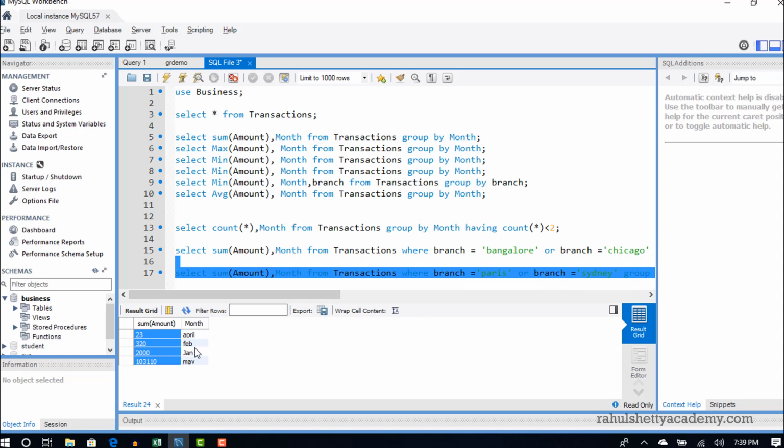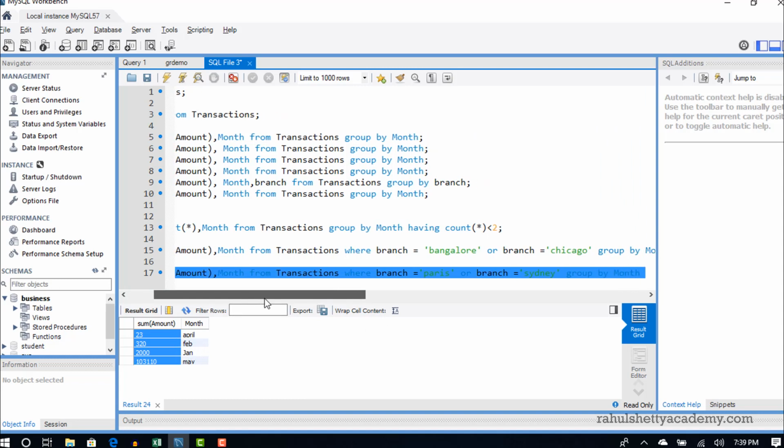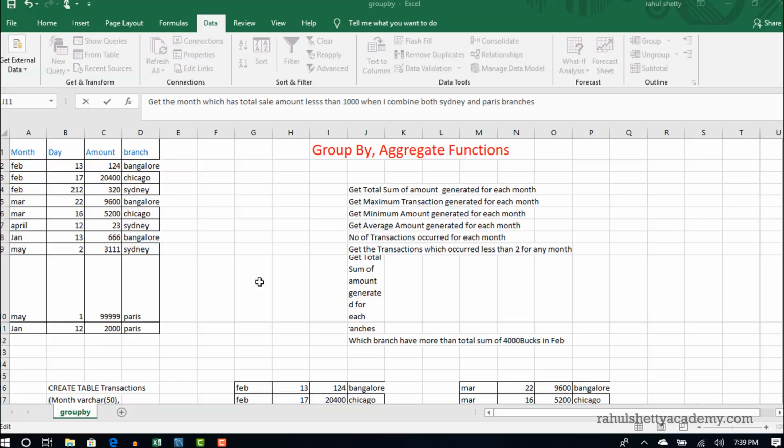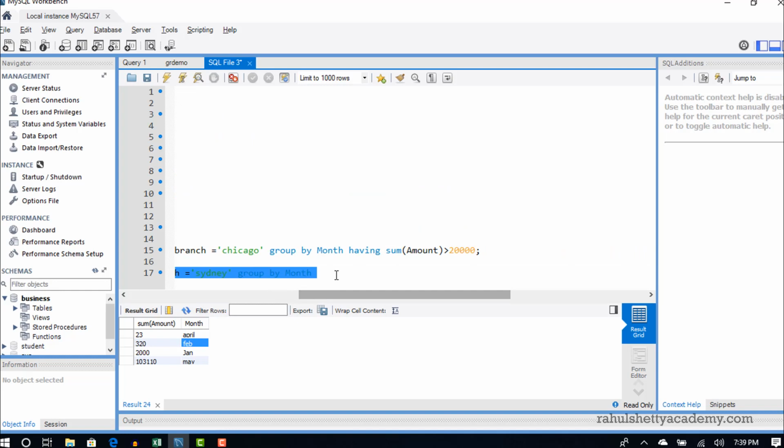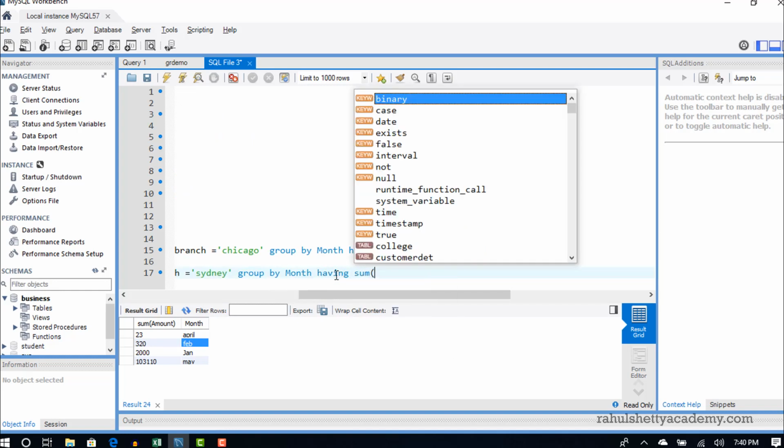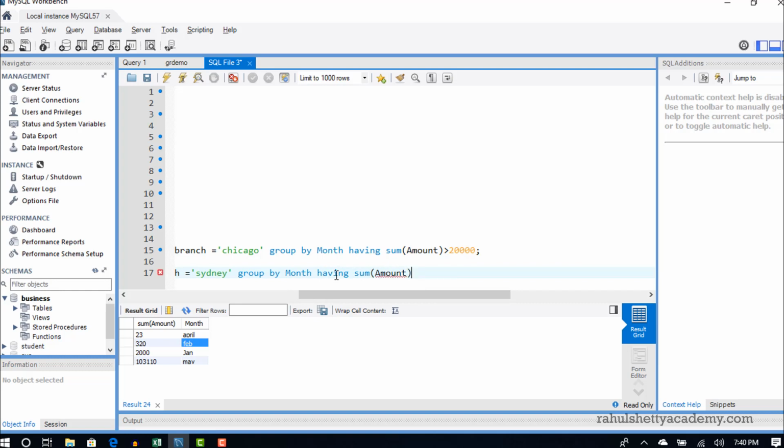Now on the total sum, we have to check if any of the sales is less than 1000 for any month. So on the result table, now I am going to apply having sum of amount less than 1000.